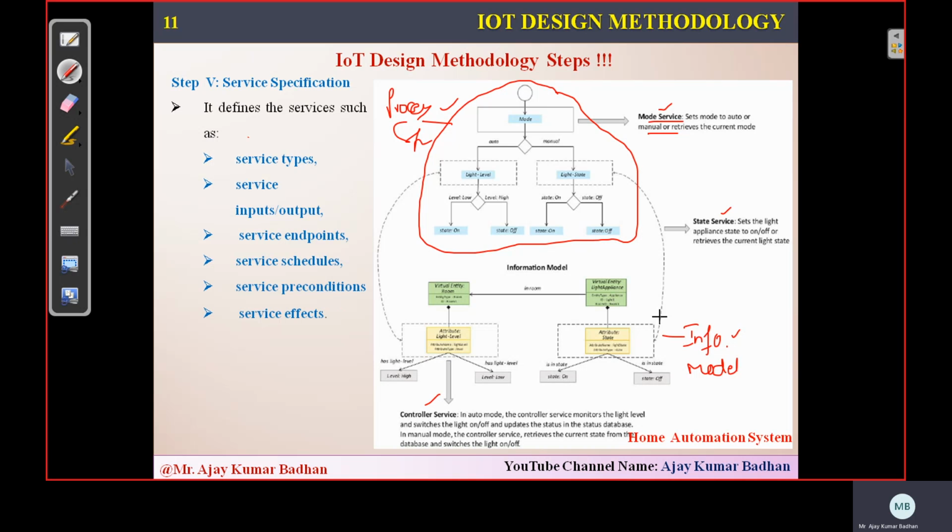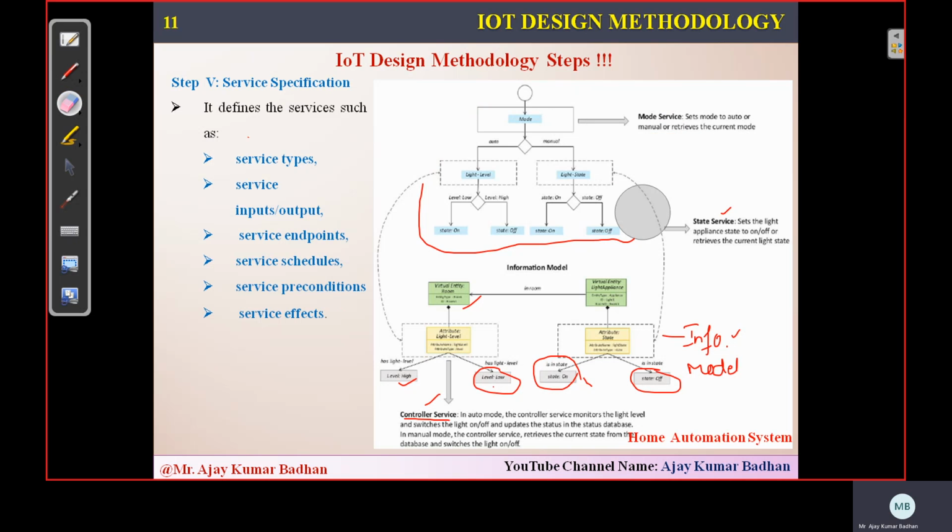And what about this particular information model specification? It provides the controller service. We already discussed the controller service. If the intensity of the light within the room is high, the system should automatically turn off the light, if it is in auto mode. If the intensity of the light is low within the room, this is a room entity, right, the light should automatically be turned on if it is in automatic mode. But if it is in manual mode, the user will decide whether it should be turned on or off. I hope it's very clear.